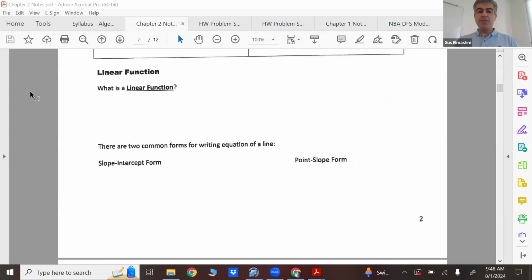Now let's talk about this stuff. What is a linear function? There's a few ways you could define it. I think I put it in the video. Essentially, it's a relationship where x and y both change in a proportional